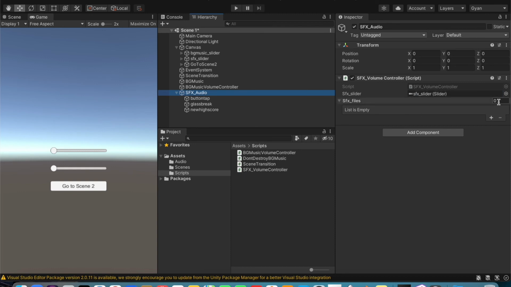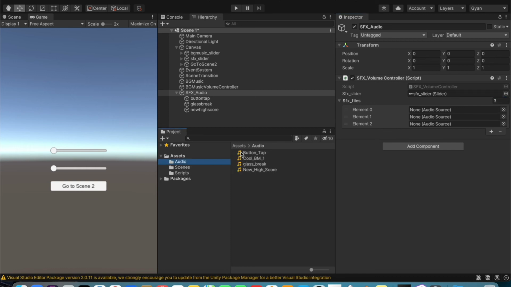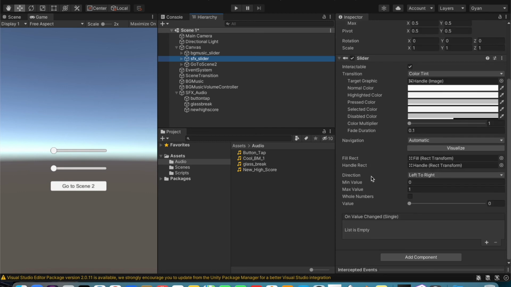And how many SFX files are here? 3 SFX files. Go to the audio folder, button tap, first one is button tap, second one is glass break, and third one is new high score. Okay, in SFX slider, when its value changes,